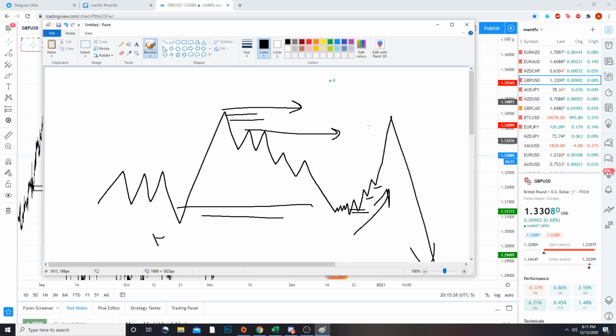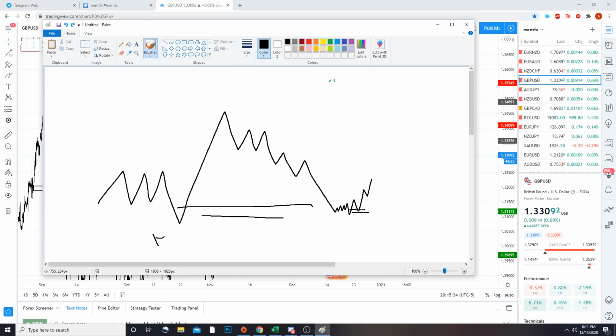Okay. So again, why is this important? Because not every move has to be perfect. Not every move will be perfect. Your analysis is not going to be perfect. My analysis is not perfect. I lose trades, but I also win, and I win a lot more than I lose. Why? Because I understand which areas need to be partialed out properly.